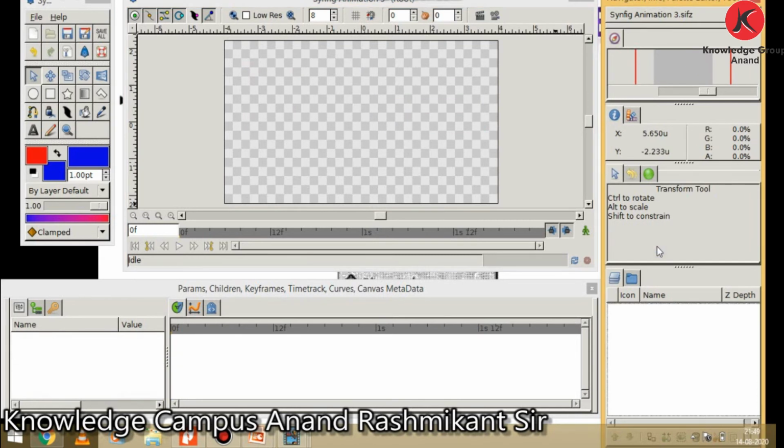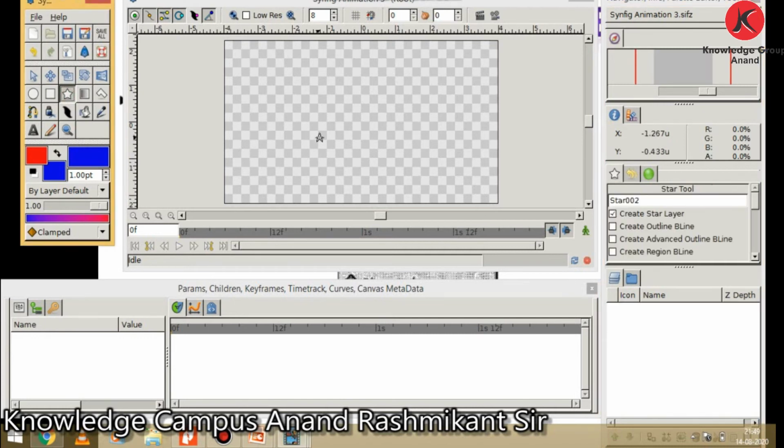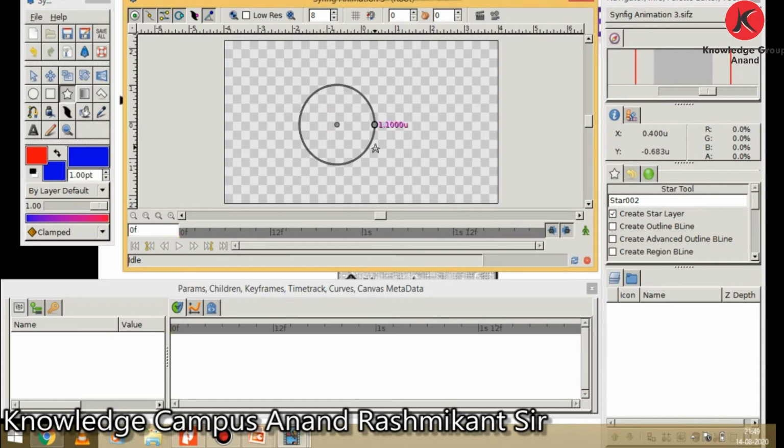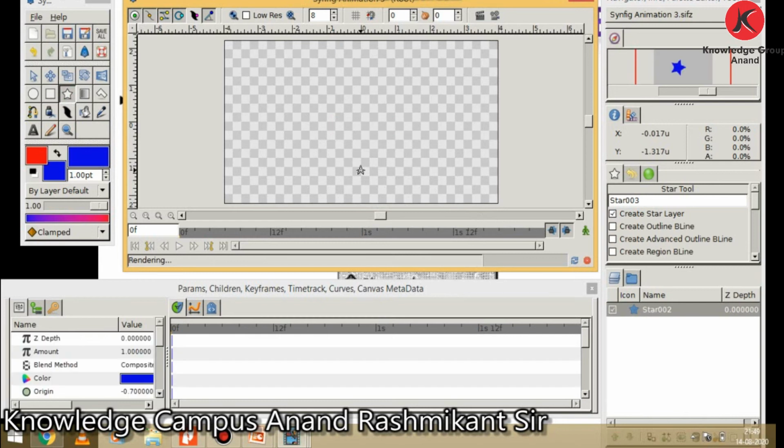Likewise, we can use the star and polygon tools to create the star layer and polygon layer. The only change that you can see is that while editing them, the ducts for each shape are different and change accordingly. So if you want to draw a star, then choose the star tool and drag it on the canvas. You can see our star is ready on the canvas.